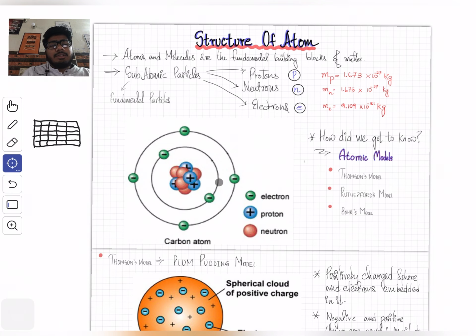The atomic models given by J.J. Thompson, Rutherford and Niels Bohr are considered to be the best to describe some of the subatomic particles in it. So now let us discuss